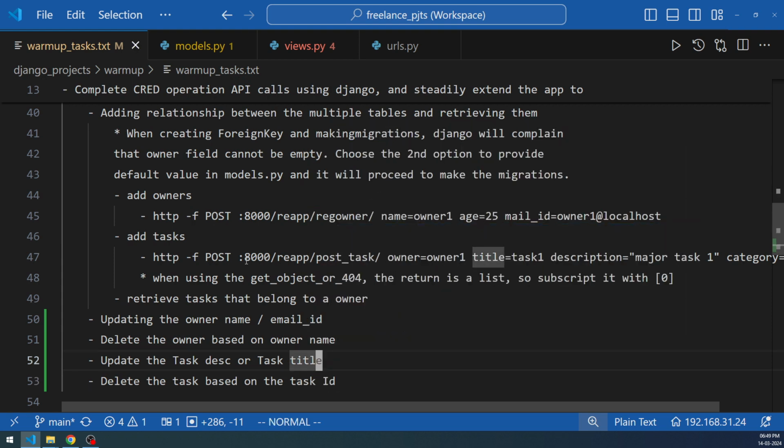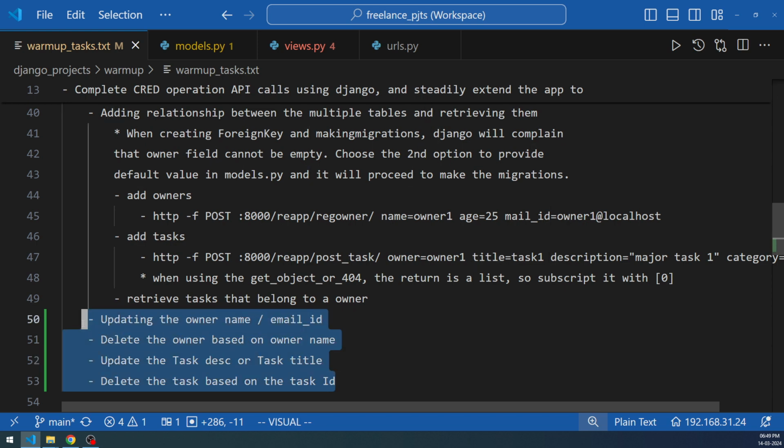So all these things are additional warm-ups that you can add into this series of warm-ups, and you can try it out. I have not done this in this case. You can actually add it up and you can do the practice, and you can see how the output looks. And I'm pretty sure after doing all these things a couple of times, once you come to this series of tasks, it will be very simple. So with that said,